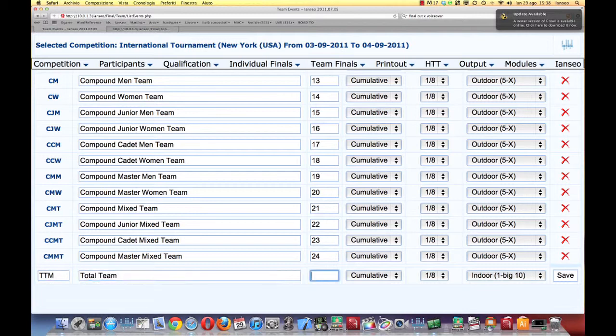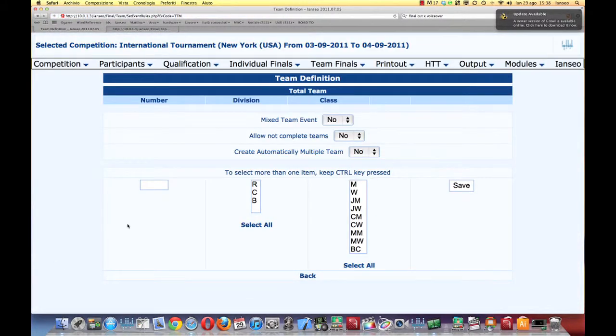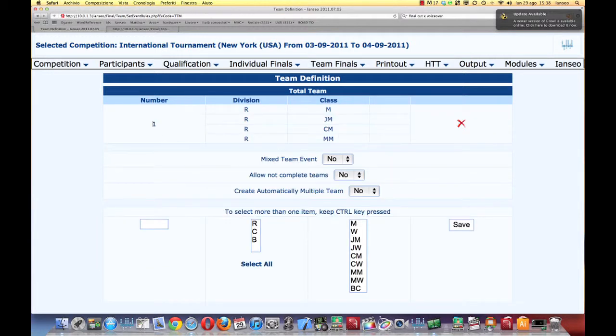You can set up any kind of team that you want here, simply choosing how to compose it. After that, you create it the same way. You can click on the code like you did for individual, but here you must tell the computer how many athletes compose the team for each kind of category. In our total team, we will have 1 recurve man or junior man, or cadet man, or master man, of course, and saving. You see here you have 1 chosen between these athletes, 1 chosen between the same for the